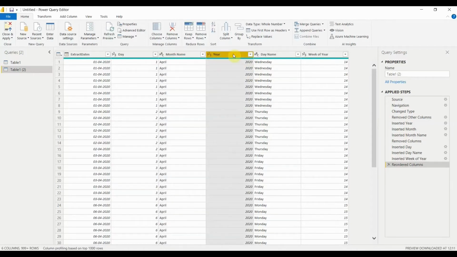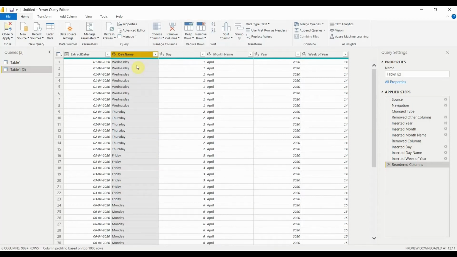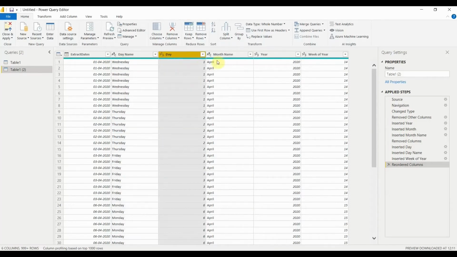And then I have the year. Similarly, if I want the day name on the extreme left-hand side before the day, I can do that as well. I just drag that column and bring it to the extreme left before the day column. This is how you can reorder a column in Power BI.